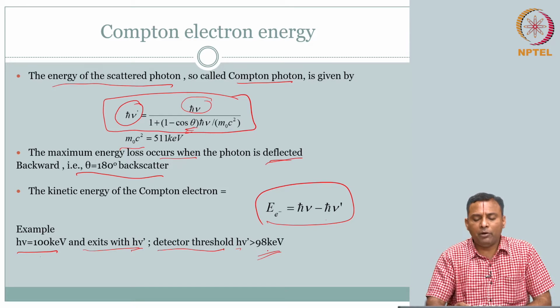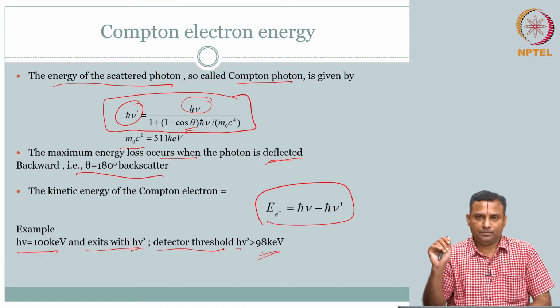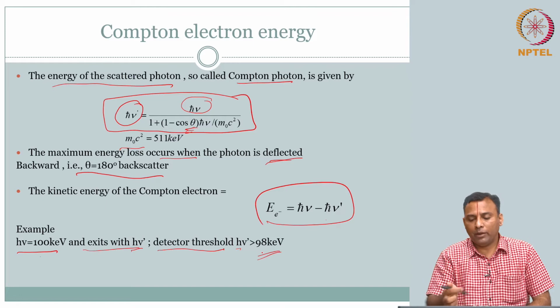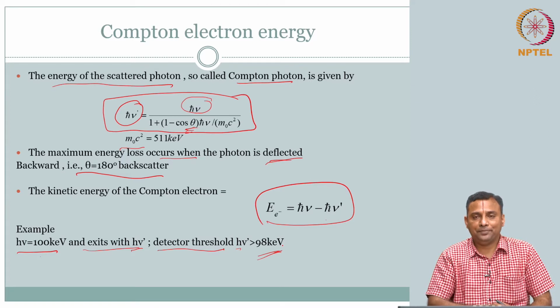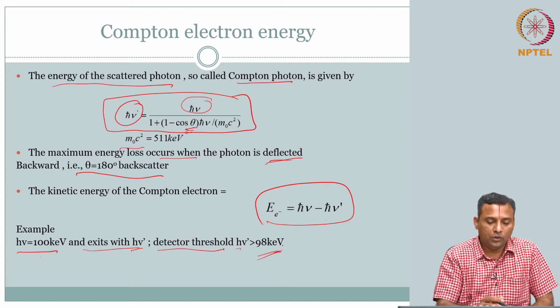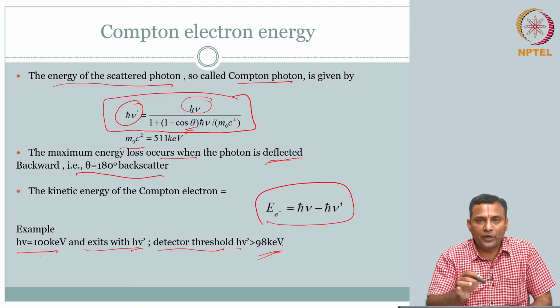You say that if I am able to capture 98 kilo electron volt, then whatever scattering has happened, the angle of Compton scattering is acceptable. Until then, you are okay, because you are capturing the signal at 98 kilo electron volt. Anything beyond that, you will have to look at design aspects. So, the question is, what could be that maximum angle if this is the scenario? I am not going to do it now, because it is straightforward. So, you will do it.